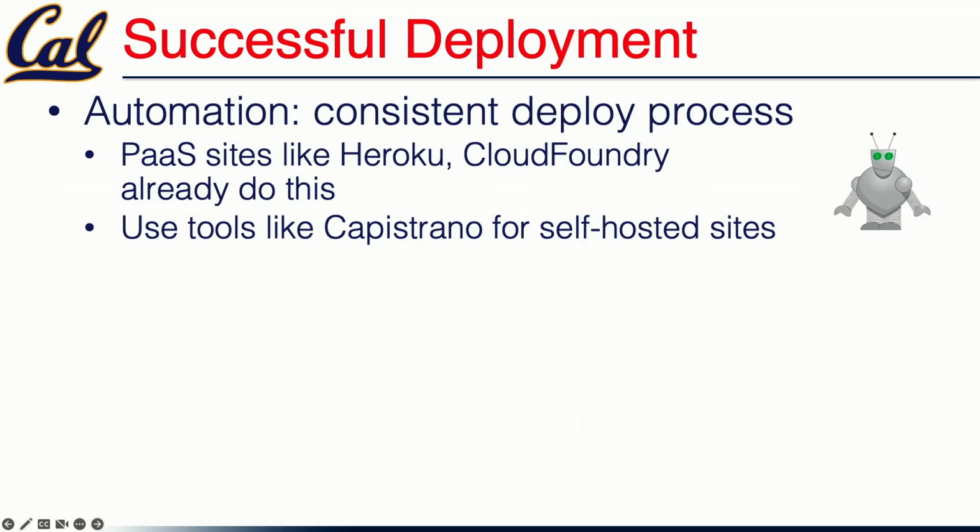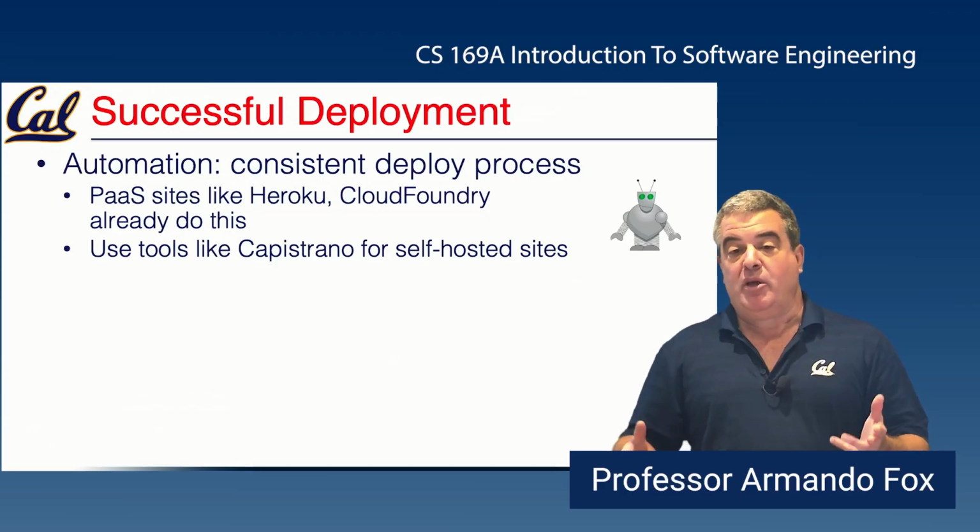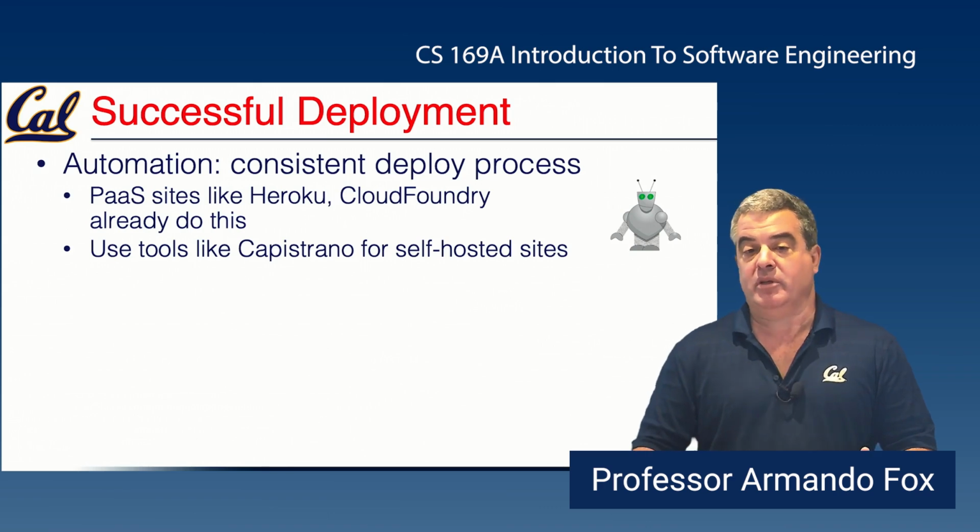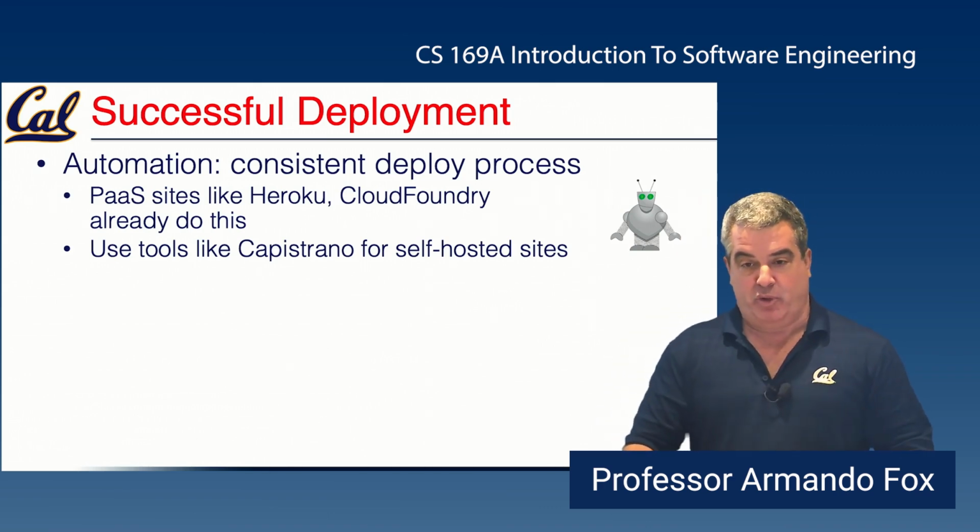So to do that, as we've seen, one of the success stories of software engineering is make things automated. Make it so that instead of doing a thing, you write a program that does the thing, and then you can run the program consistently every time you need. And indeed, most platform as a service sites like Heroku already do something like this. There's tools that do it for self-hosted sites, but Heroku deployment automation is what? You say you git push and, you maybe clear out your database, but that's all you have to do. You don't manually have to do any other deployment steps.